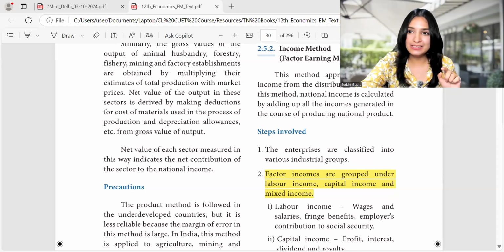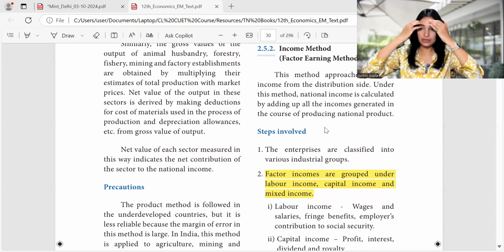But as I always say in the beginning of each video, the book doesn't matter but the concepts do. And I think these are the concepts that anybody who's interested in economics, or is giving any exam, or even if you're in class 12, class 11, whatever class you're in, it's just beneficial for each and every one of you. So I'll quickly begin the video by sharing the screen so that we don't waste any more time and we can talk while discussing the content.